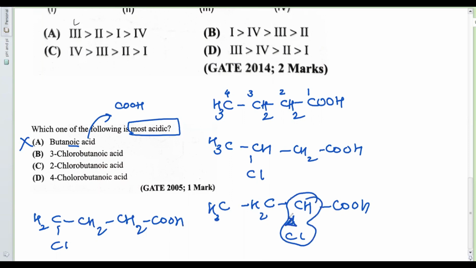So when it pulls electrons, this carbon is going to immediately pull from the next electron. Right? So it is going to immediately pull from this, and therefore there will be an immediate release. But if you look at this one right here, this chlorine will pull electrons from this carbon, from this, then this. So it's going to form a long chain, and it will take time. Definitely the effect will not be that pronounced. So remember, the closer the electronegative group to the carboxylic acid, the more acidic it will be. So therefore in that case, option C becomes your correct answer.